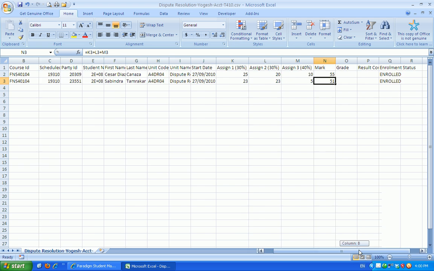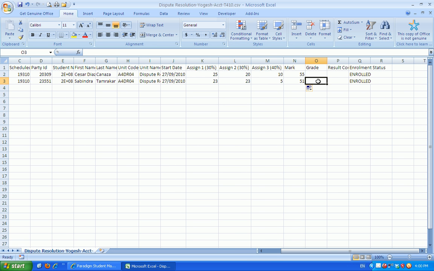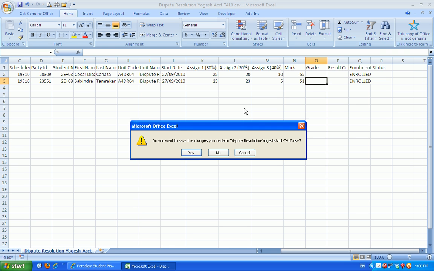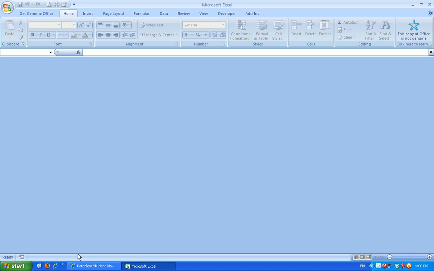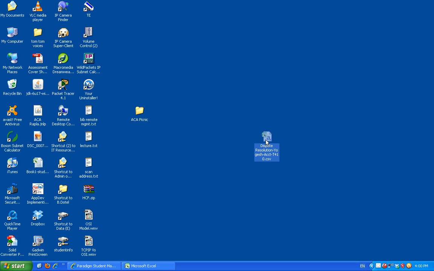You can leave the grade part blank. You don't need to enter the grade they receive. You can just leave it as blank. Once that's done, you can close this and click save. Because this is not a compatible format, it will give you this message. Just ignore that and click yes. When you come back to the main screen, you should see this file, and if you could email this to your coordinator and CC myself, which is b.dotel@aca